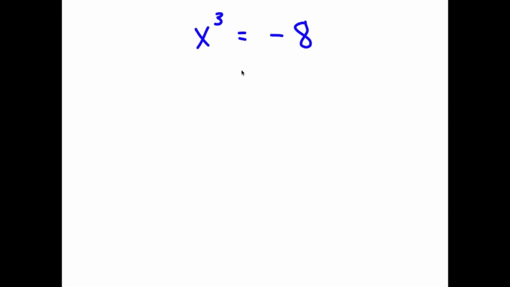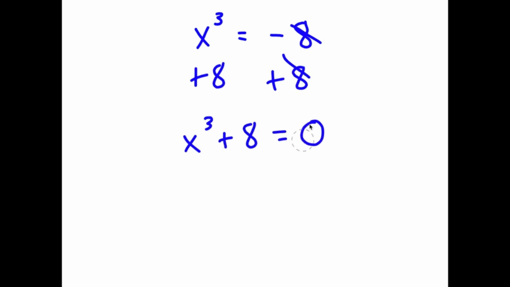Alright, so in this problem, I have x to the power of 3 is equal to negative 8. So to solve this, I'm going to first start by adding 8 on both sides. So then I have x to the power of 3 plus 8 is equal to 0. Now I'm going to rewrite 8 here as 2 to the power of 3. So now I have x to the power of 3 plus 2 to the power of 3 is equal to